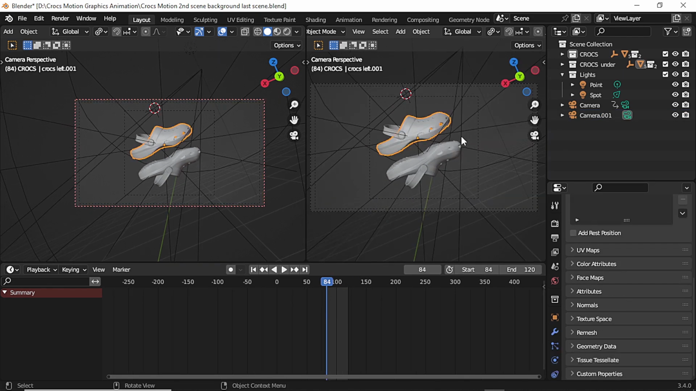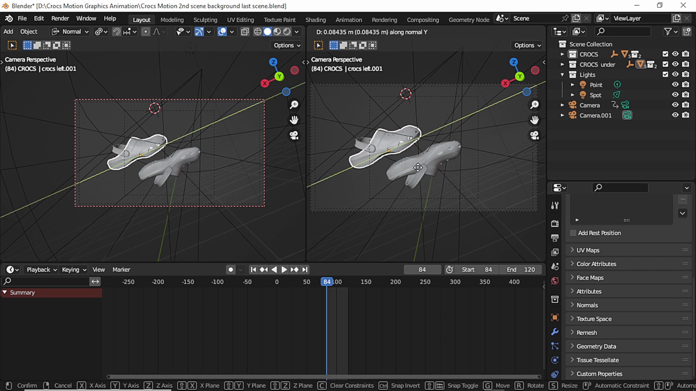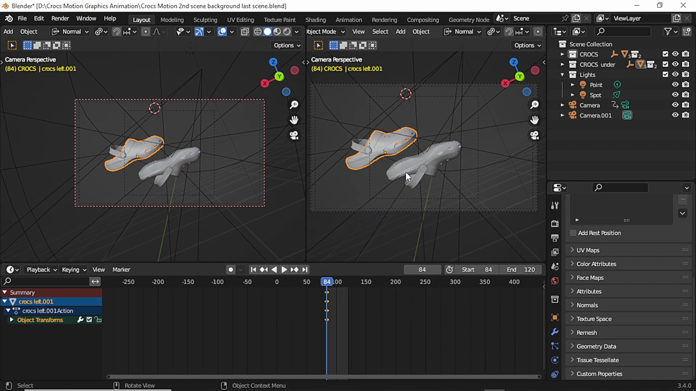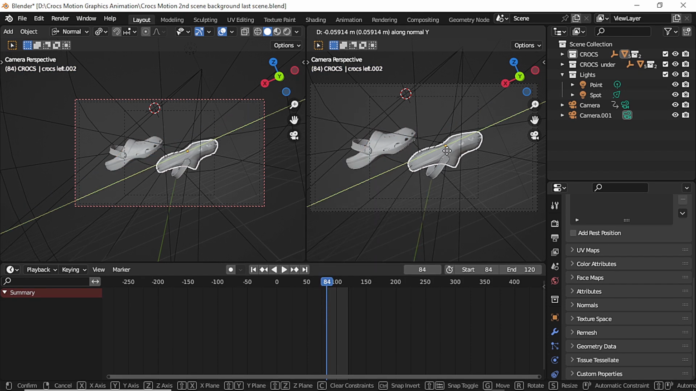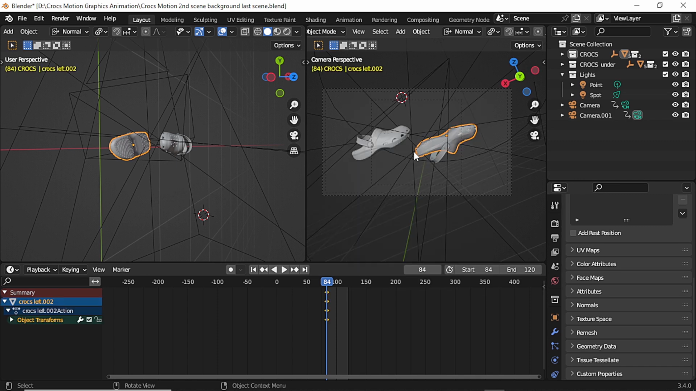At the transformation orientation tab, I changed it from global to view and then I selected the upper croc and slid it to the left, and then I inserted my first location rotation keyframe. And then I went ahead to select the lower croc and slid it to the right and also inserted a